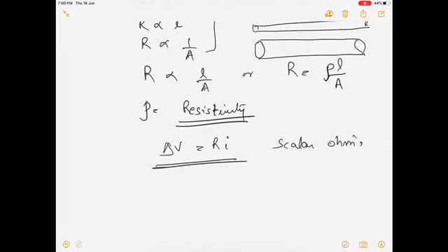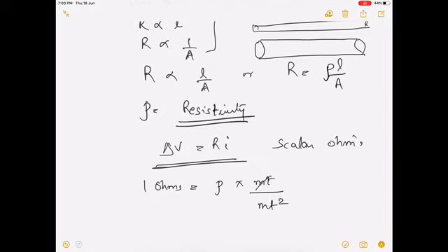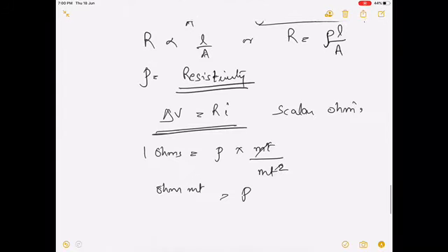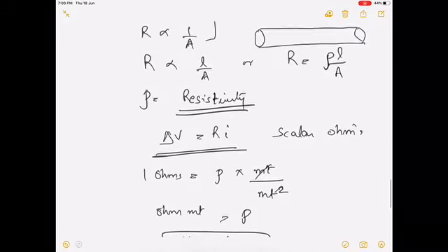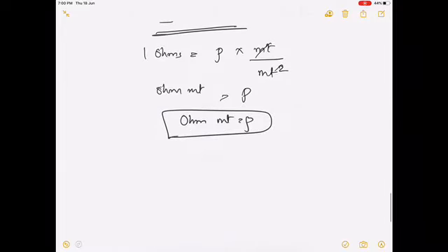Now in order to explain this vector form, first let me tell you the unit of resistivity, then we will proceed in that way. See children, R is in ohms. If we write R in ohms, 1 ohm over here, and rho, L is in meter and area in meter square, this will get cancelled and rho will be ohm meter. The unit of resistivity will be ohm meter. So this thing is clear to you. What is the unit of resistivity? Ohm meter. And these are SI units, okay, standard international units.